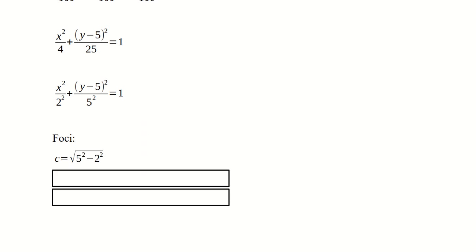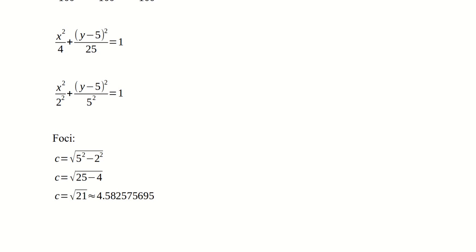so when we're asked for the foci, we're going to use the formula where we take the square root of the difference of the squares with the bigger one first. So this is b squared minus a squared, or you can just simply think of it as larger squared minus smaller squared. 25 comes from the 5 squared, 4 comes from the 2 squared, and this simplifies as the square root of 21, approximately